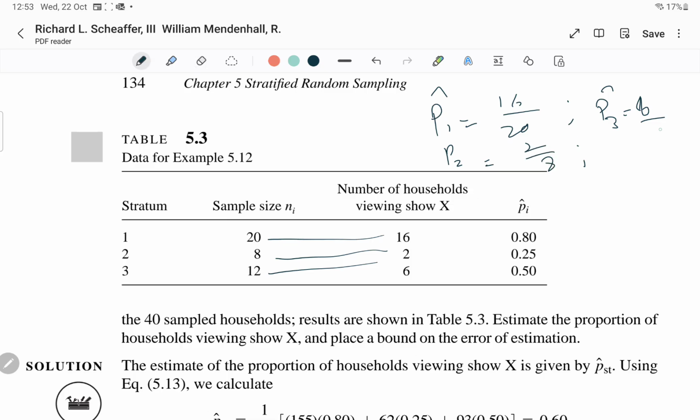And lastly 6 over 12. So these are the proportions and the values are mentioned here. So the answer for each has been mentioned already here. So it means that the proportion is given already. Okay, so